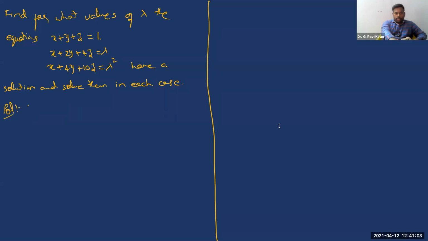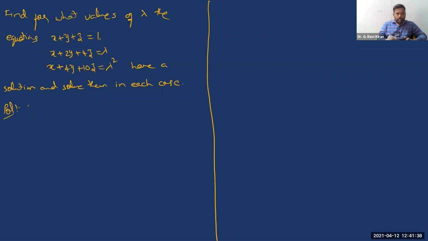And now here, if you look at the question carefully, there is one more unknown, lambda. Now see, we need to find out for what values of lambda this system of equations has a solution. Remember, we need to find whether this system has a solution or not. That solution may be a single solution, or there may be infinitely many solutions, whatever the case may be. And for how many values of lambda this system has a solution, there may be one or more, right? And then we need to find the solution in each case, in the sense for each value of lambda.